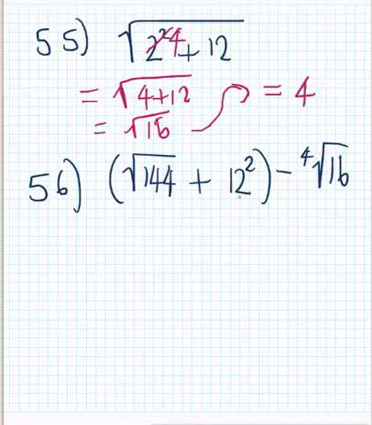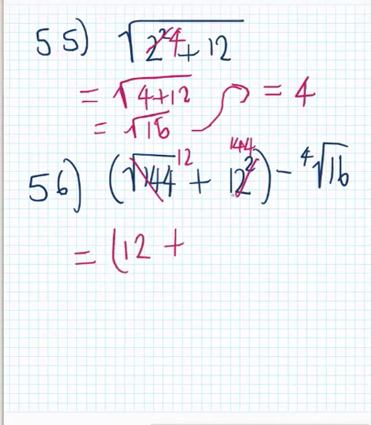So with this one down here, let's do the same thing. We've got in our brackets the square root of 144. What is something times something to give me 144? I know 12 times 12 is 144. So the square root of 144 is 12. And also 12 squared is saying 12 times 12. Well, 12 times 12 is 144. So what I have is 12 plus, still in brackets, 144, take away, and then here I have 4 root